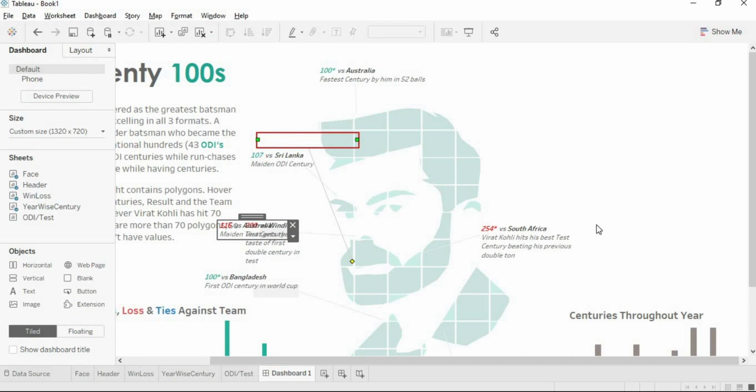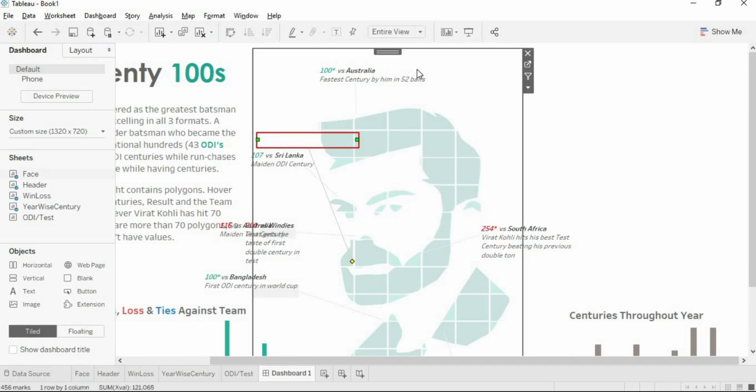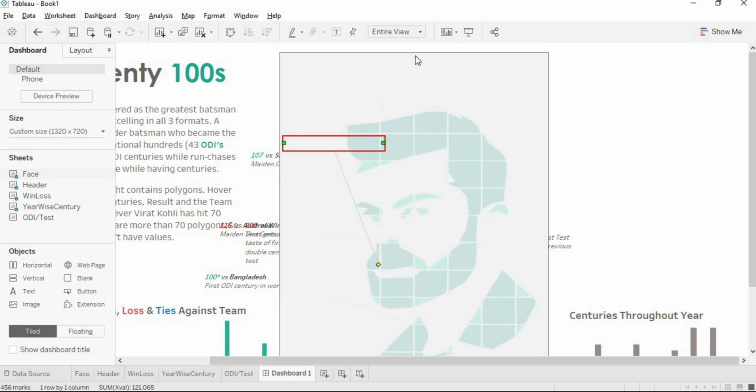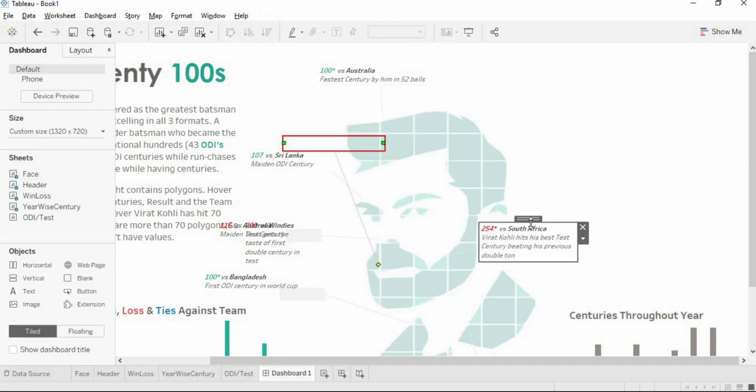Now we need to do some arrangement, because it is bulking towards the right side and I will be shifting it to the left. Okay, so move on to the left, arrange it.